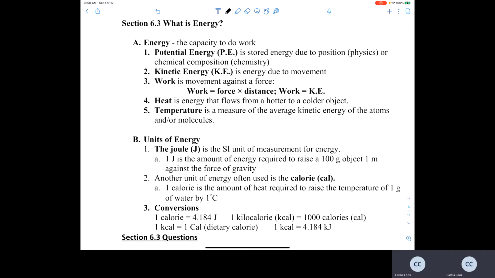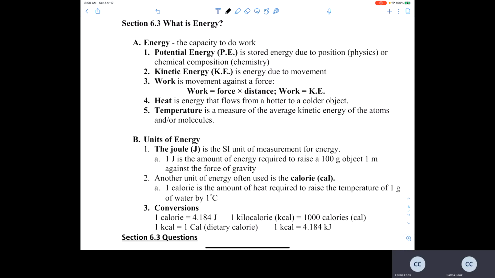This is the Chapter 6 pre-class lecture on energy. Energy is the capacity to do work. There are many different types of energy, and most of those types of energy fall under the category of either potential energy or kinetic energy, or those types of energy are produced through the transfer of potential and kinetic energy into those other types or